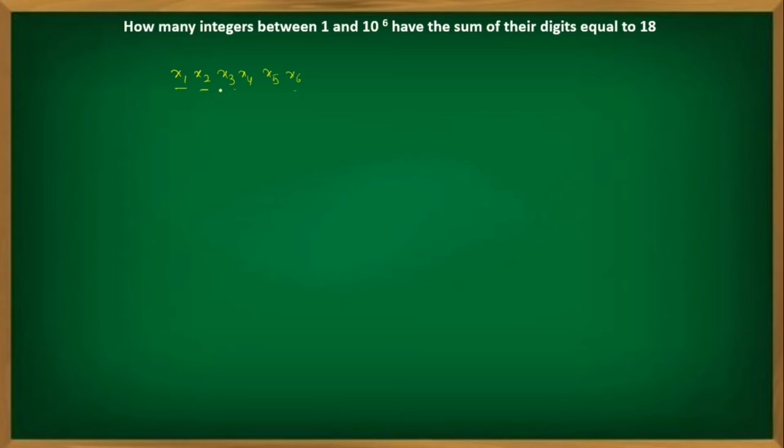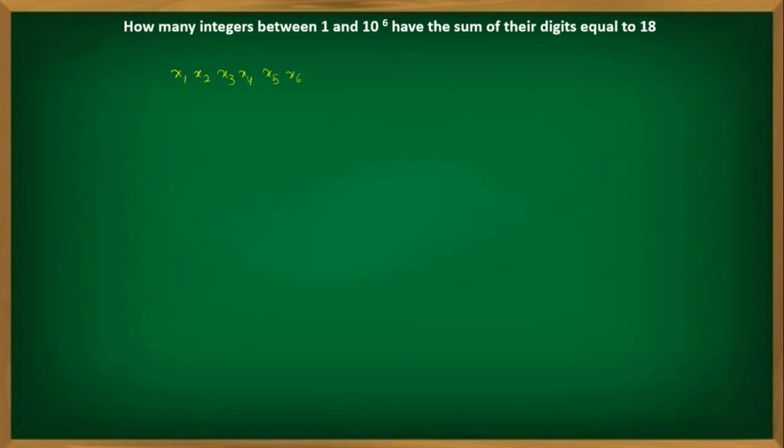If I take x1 is 0, x2 is 0 and x3 is 0, and x4, x5, x6, if I read something like 6, 7, and 5, can you see what this actually is? By giving the digits to x1, x2, x3, x4, x5, x6, if I get 3 zeros in the first 3 places, I'll get a 3-digit number, right? So this arrangement of x1 to x6 will give you single-digit, 2-digit, 3-digit, as well as 5-digit and 6-digit numbers, right?